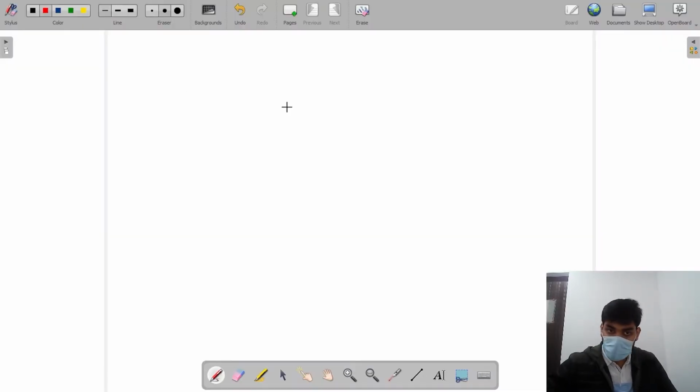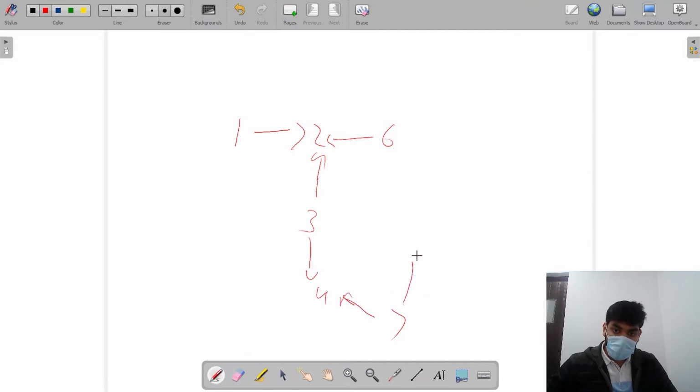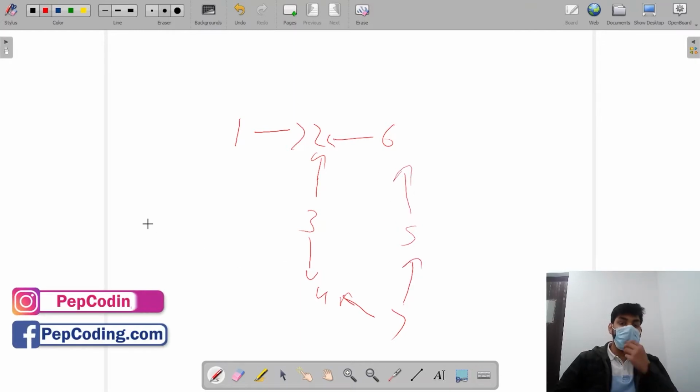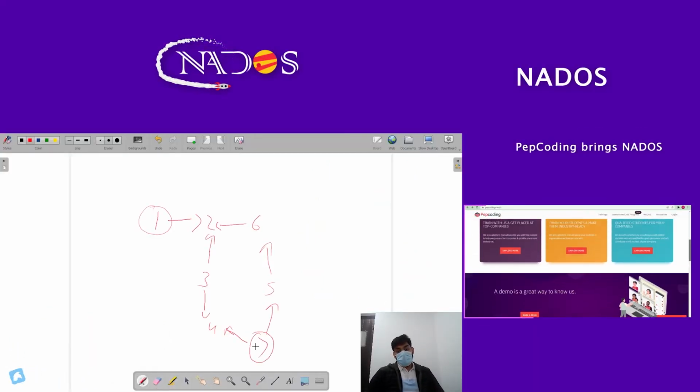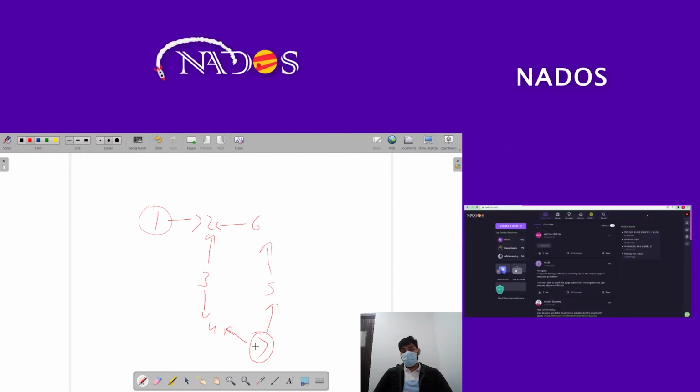So basically, suppose we have this: 1 is connected to 2, this is connected to 4, connected to 7, or let's say reverse the connection, connected to 5, and this connected to 6. So basically this is my source, this is my destination. If there are 7 vertices, then the first vertex would be the source, 7 would be the destination, and what I need